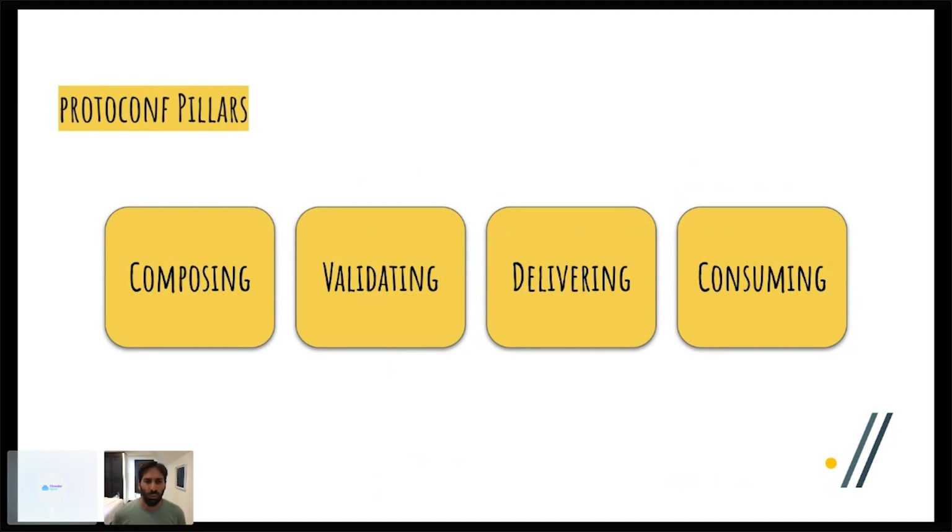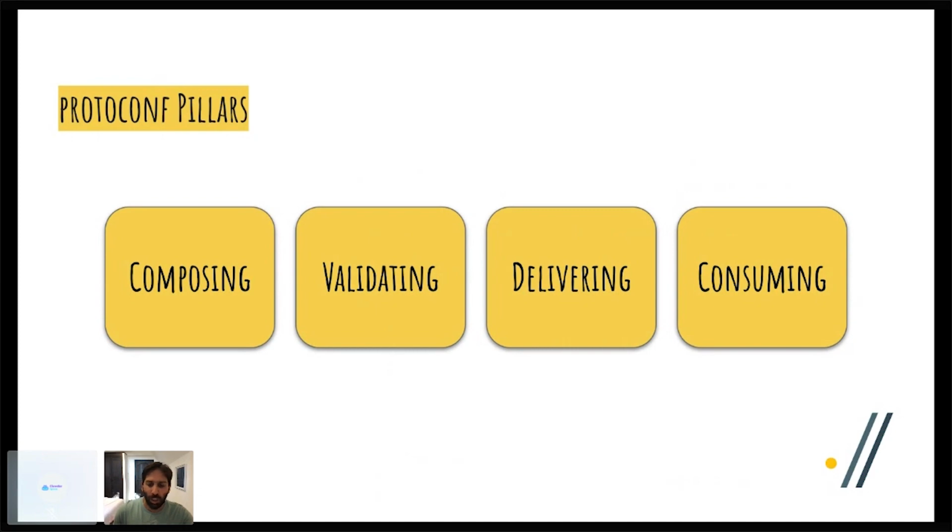And then you can also introduce your own validating process before you deliver everything. And since the gRPC definition of the agent is open, you can replace the delivery model as well.